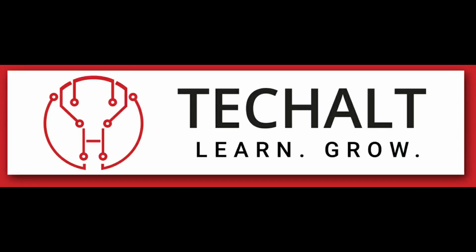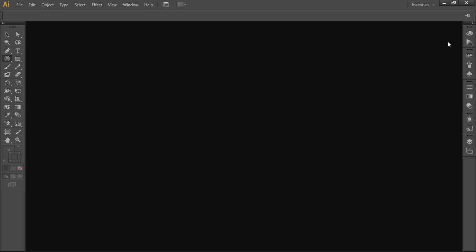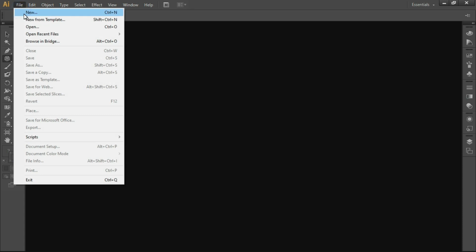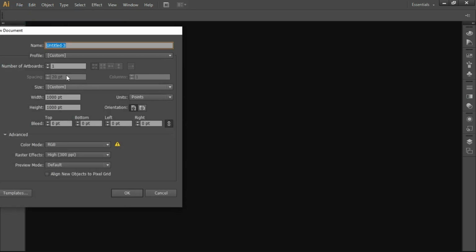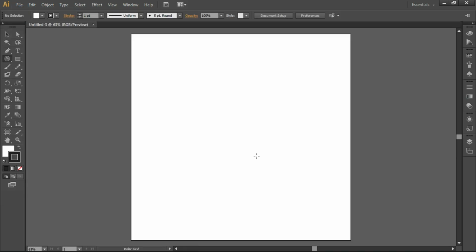So today we'll be creating concentric circles in Adobe Illustrator. Open Illustrator, take a new file, click on OK, click on Polar Grid tool, click Release,